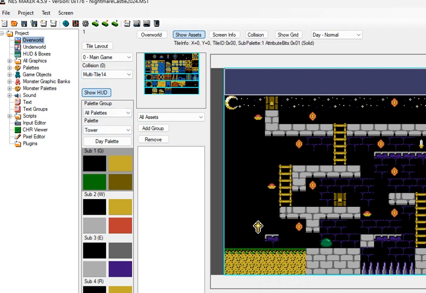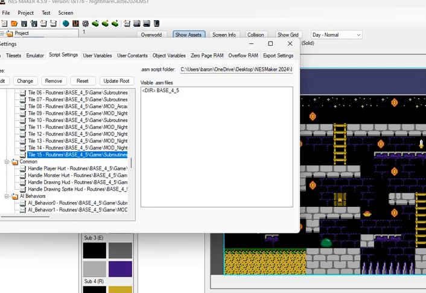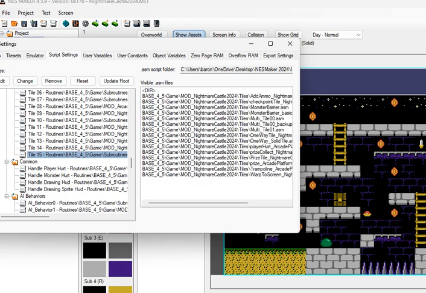And then, like I said, I'm going to do the same for 15. We're going to set the tile. It's multi-tile 0, 1.